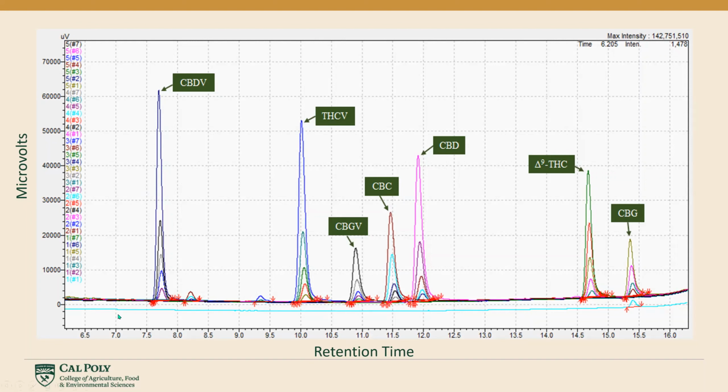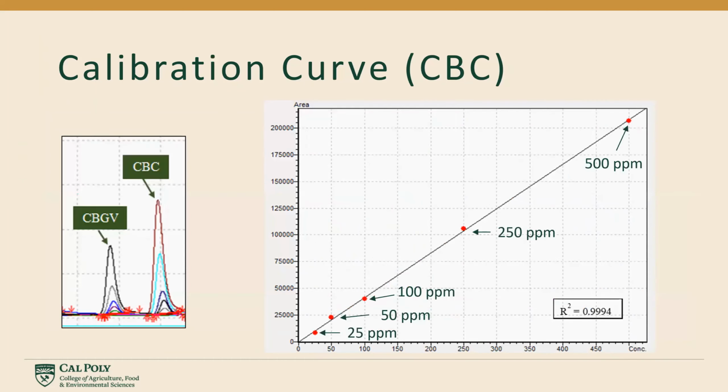So a line will be drawn as a sample is being processed, and if that sample has a certain cannabinoid at a specific retention time, it would peak up and use the calibration curves to quantify it in parts per million. We were particularly interested in the ratio of CBDV to CBD, since CBDV is gaining a lot of traction in the industry. Now here's what a single calibration curve would look like.